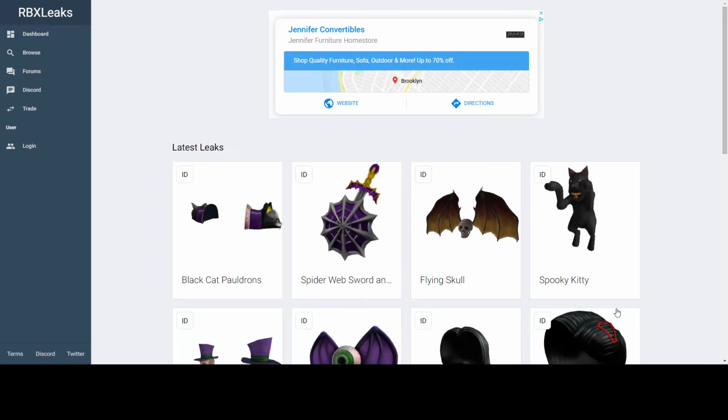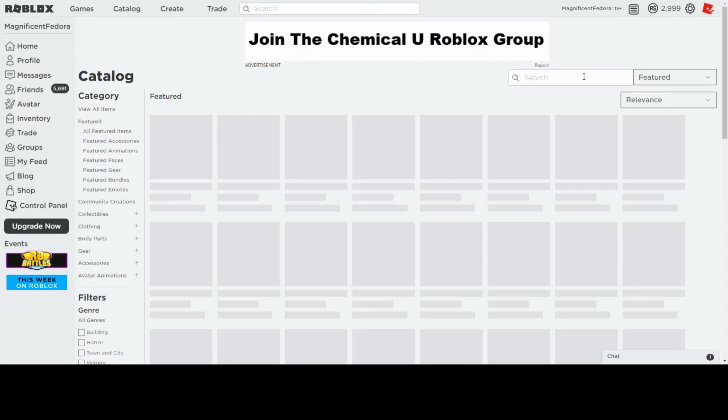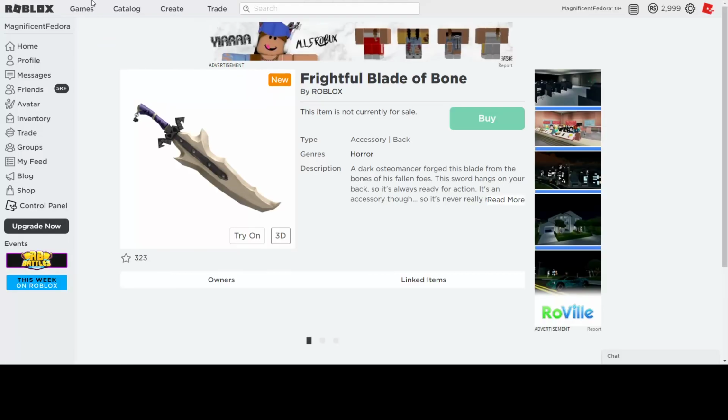So that's basically it. That's basically all of the 13 days of October. I just wanted to give you guys a heads up on what's coming up for these next few days. And yeah, it's pretty exciting. I'm really interested to see what Roblox does with this. And final things I wanted to mention, with these two new items that have like zero sales,